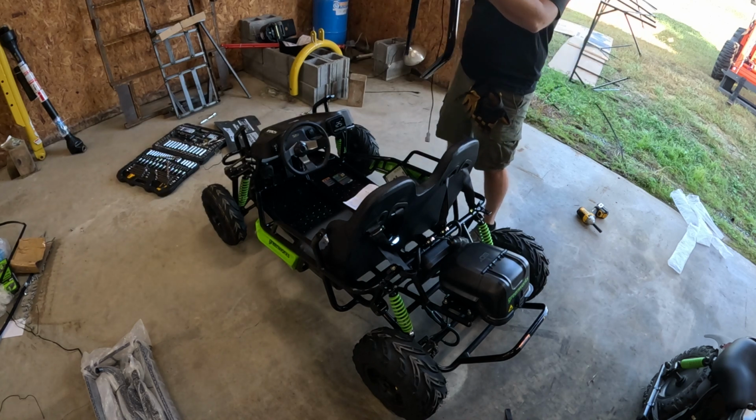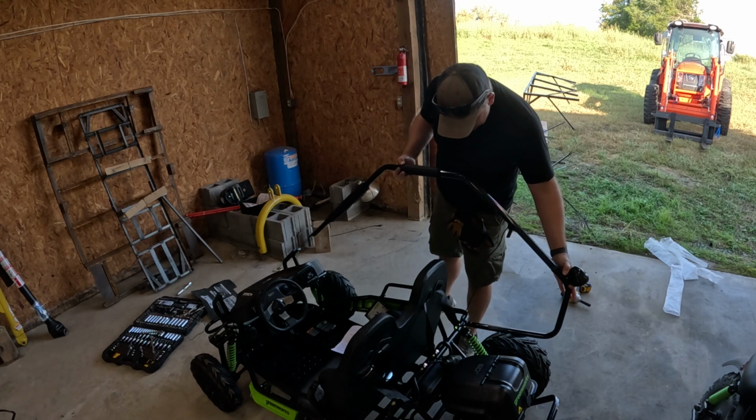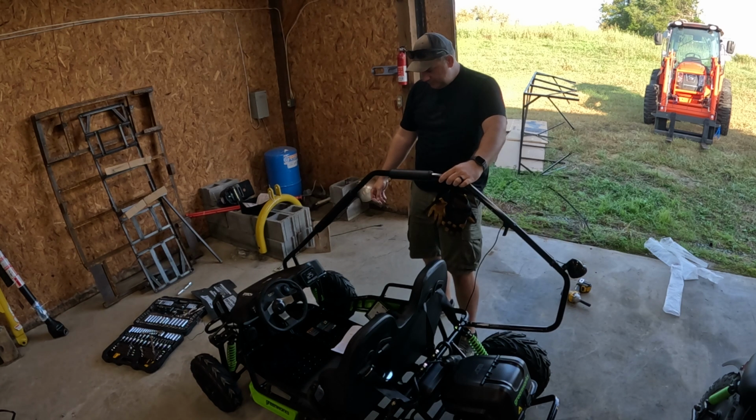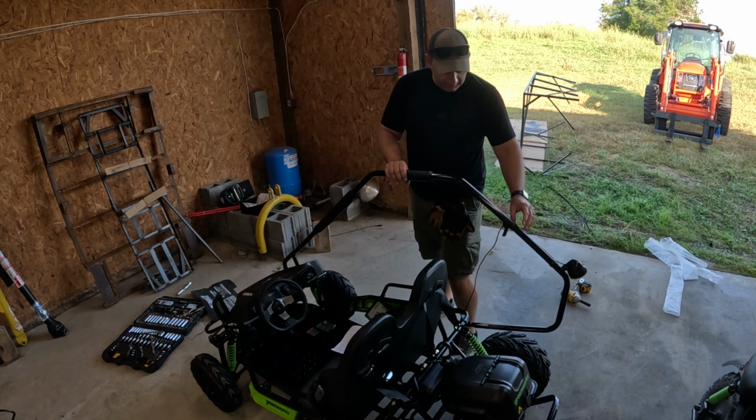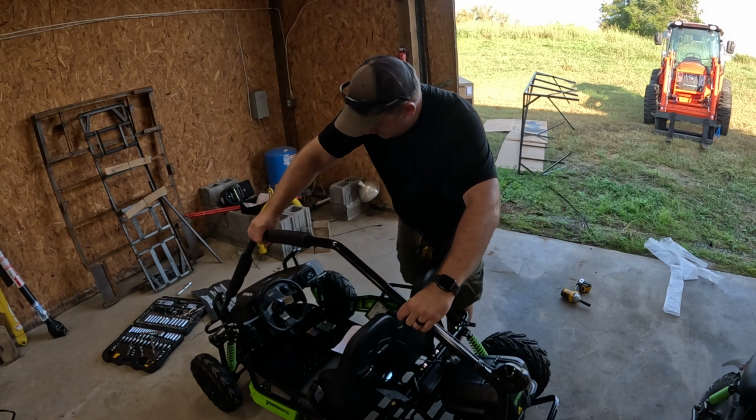So there's actually brake lights on this thing. Not really sure it matters which is which. Looks like they're about the same on each side. I don't really see much of a difference. I guess you want this wire on the inside, so this is probably on that. On the driver's side,